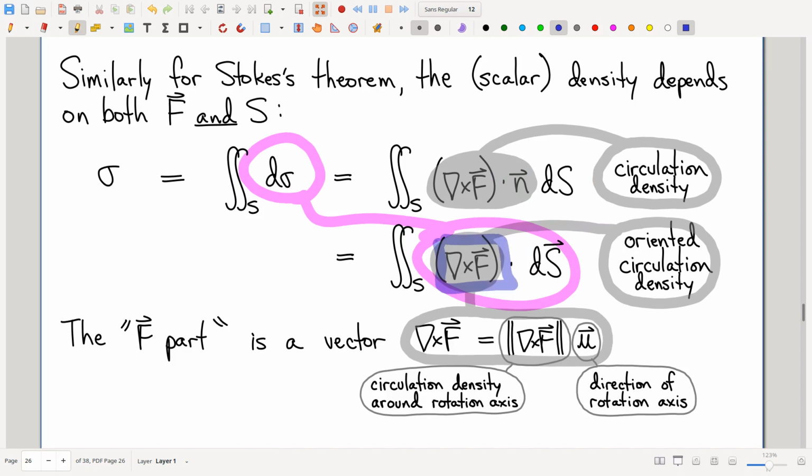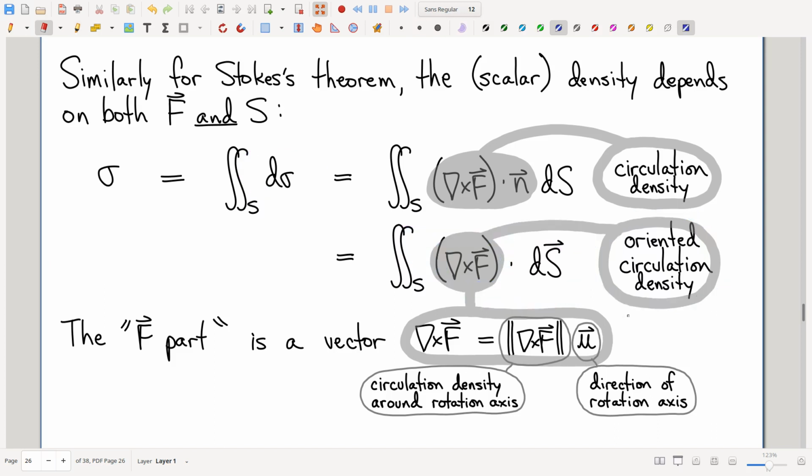And then you look at this right here, and what is the thing? What do you think we should call the thing that you multiply by oriented size to get stuff? Well, I think oriented density is a reasonable thing to call it. And so that is, in fact, exactly what I'm going to call it, oriented circulation density. The justification,